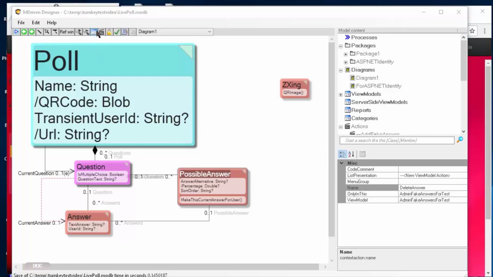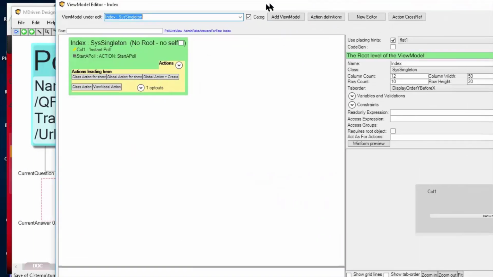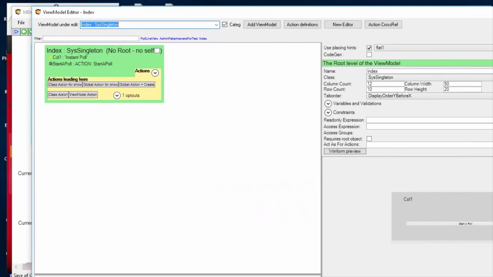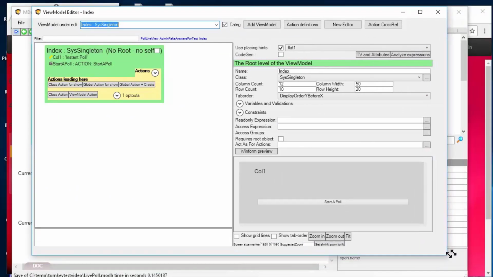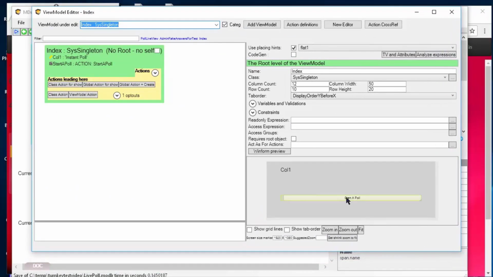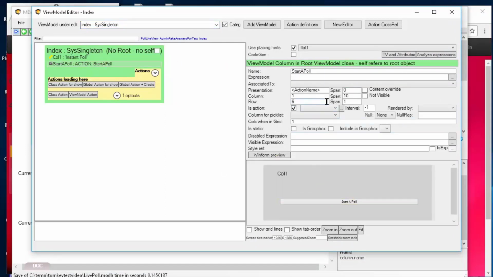And I also did some views for this. Of course, the index view doesn't do anything. It's just start the poll, and that's backed by an action. Like that.